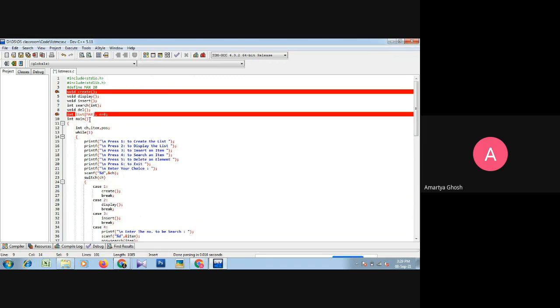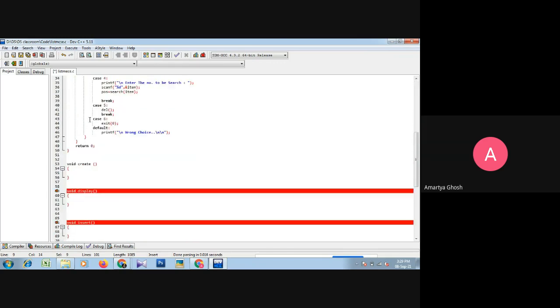We can use it in the main function and in a sub function also. So we do not have to declare this array. But to visit all the rooms of that array, we have to declare one local variable in this create function, that is int i.